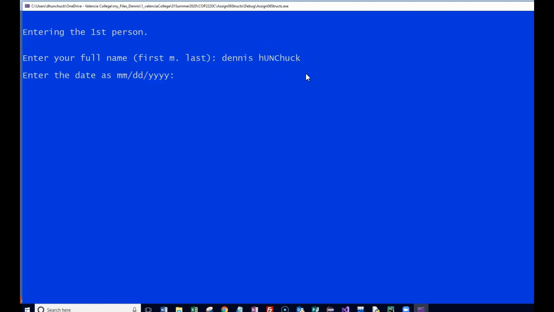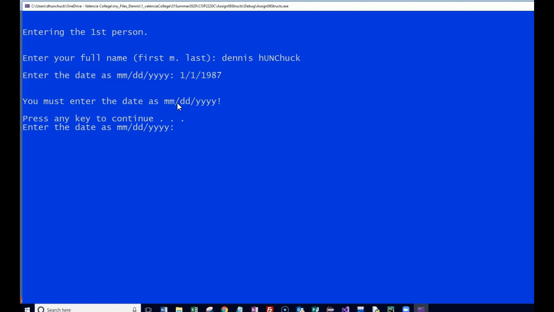The next thing it says is enter the date as MM DD year. So if I enter a date as this, it should yell at me, and it does. It says like this. So I enter the date as this. It should yell at me because of my month. So I'm checking the month. If I enter the date as this,